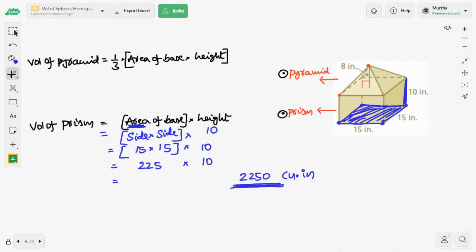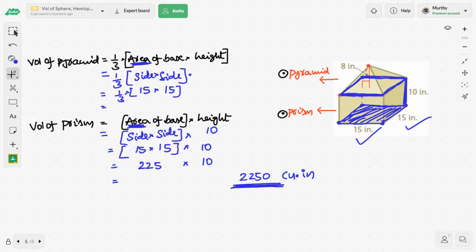And next, coming to volume of pyramid. Volume of pyramid is 1/3 area of base. What is the shape of the base? In fact, it is same as the prism. Please observe carefully, look at the diagram, this one is also a square. Because if the prism base is square then obviously the pyramid base also should be square. So let me take the same condition. First I'm computing area, side times side. So the same measurements we take, which is 15 times 15,